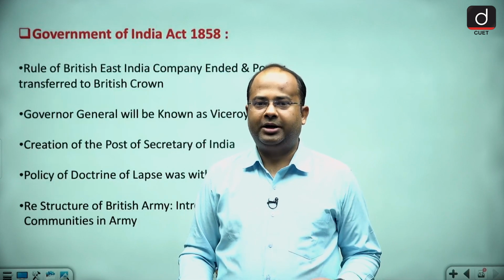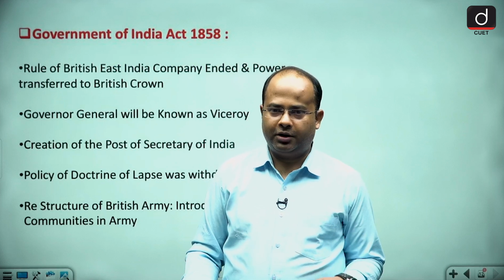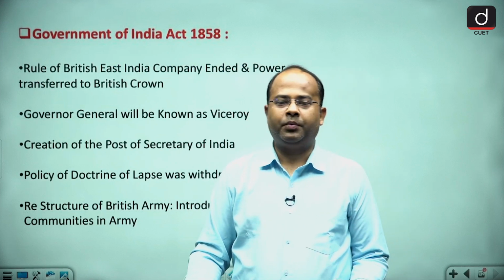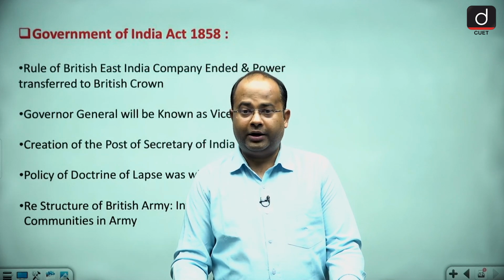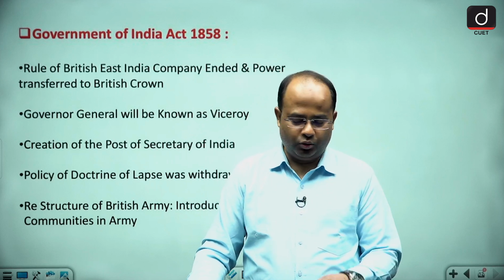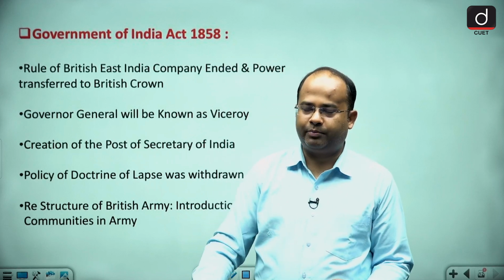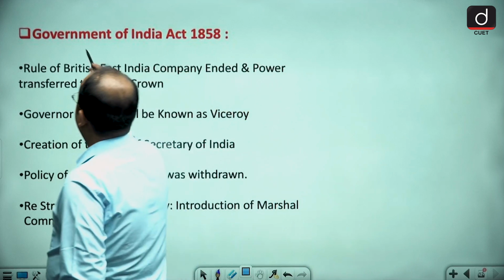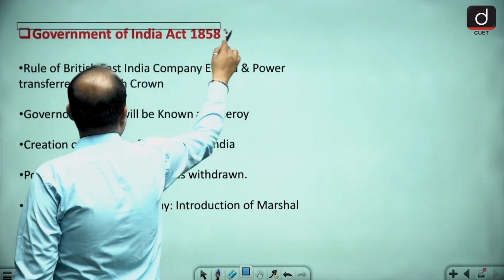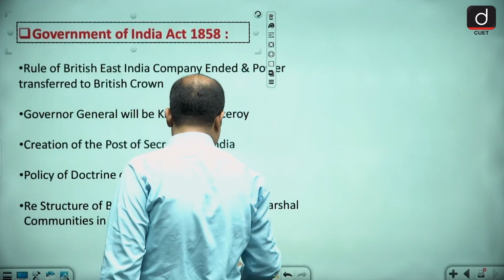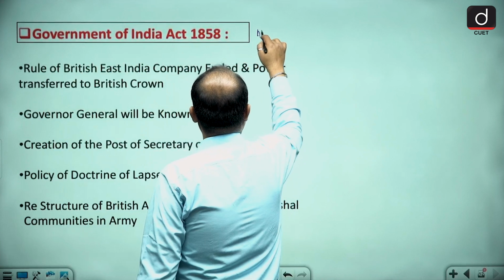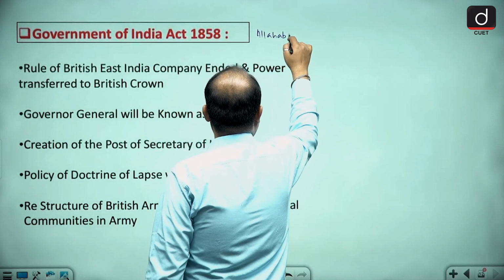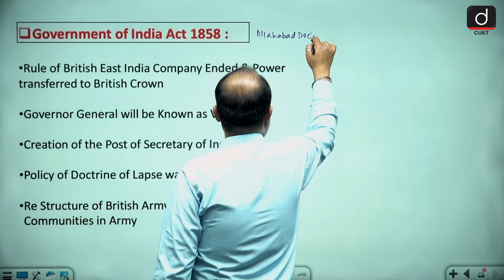Now guys, I will discuss what happened after the revolt of 1857. After the revolt, there was too much chaos, and it was then handled properly. After this, the Government of India Act 1858 was passed, and this is known as the Allahabad Declaration,